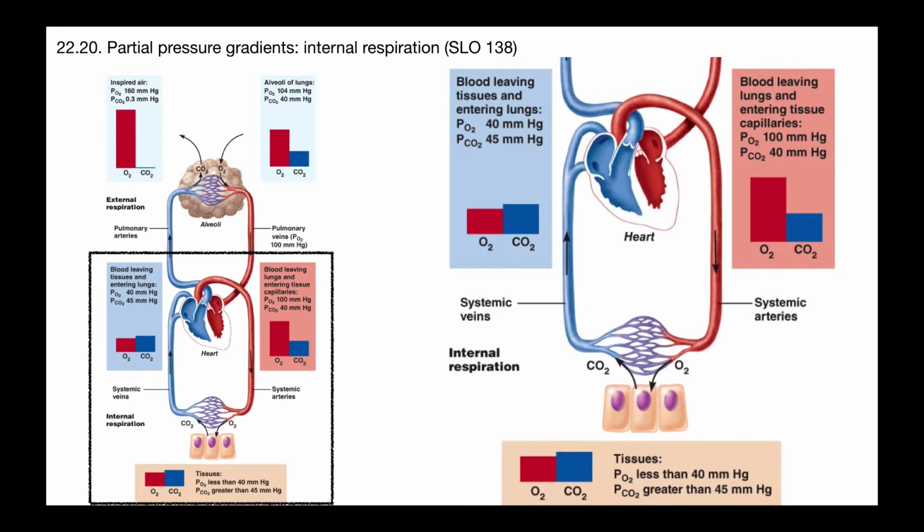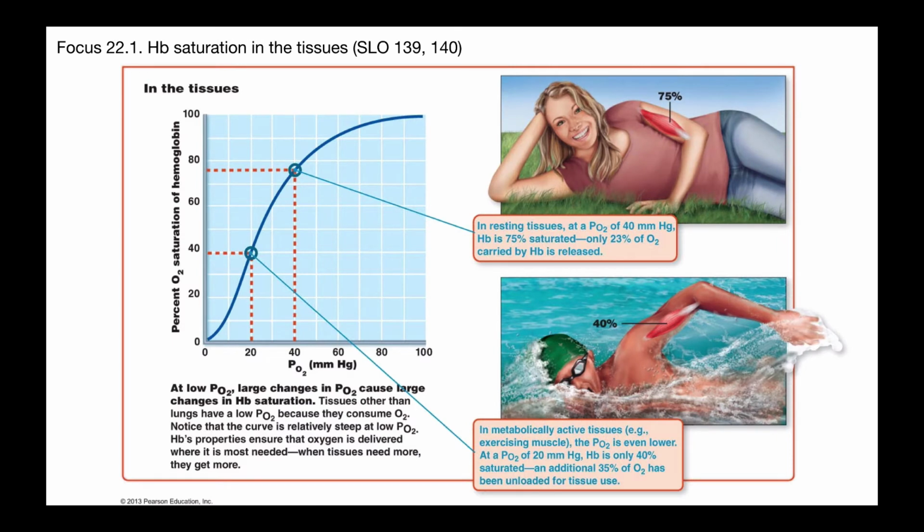So let's see what that looks like on the saturation graph. If we compare, girl out on the common, where you have these resting tissues, in most resting tissues a decent average PO2 that we'd see is around 40 millimeters of mercury. So if you trace up on the graph from 40 millimeters of mercury on the x-axis up to where it intersects with that sigmoid curve, and then trace over to the y-axis, that tells you that hemoglobin is about 75% saturated. So about a quarter of the oxygen that's carried in the blood is going to get unloaded